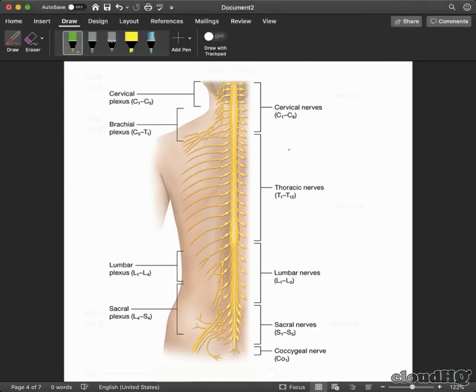Alright, so the last video that I wanted to do for this spinal cord post-lab is talking about the spinal nerves and the spinal plexes, or plexuses. So we know that we have these spinal nerves where the anterior root meets the posterior root, and we have all of those structures at each vertebrae, okay? Now, for